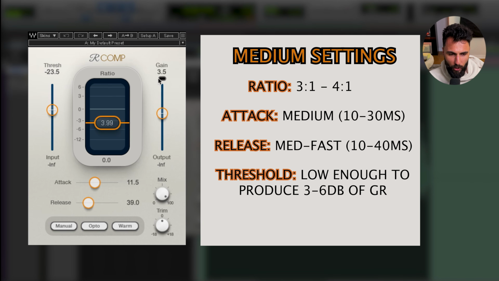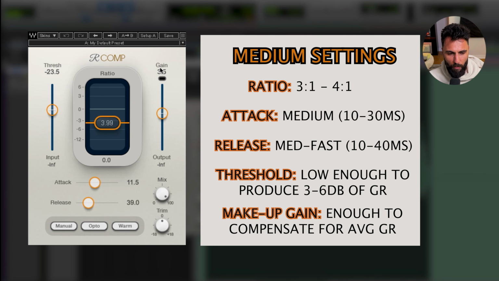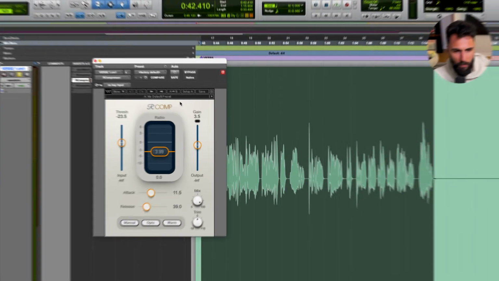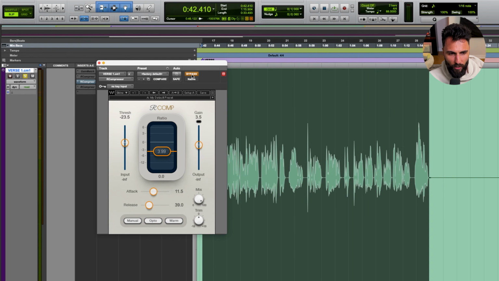And even though we are going to be losing about minus 6, as you'll see in a moment, I am adding back just enough makeup gain to make sure that it is not so noticeable. I'm not setting it to stun. I'm not adding back 6 in this case, but instead around 3.5 seemed to be the appropriate amount to just make up for what we are losing. So with that being said, let me play this track without and with, and you're going to be able to